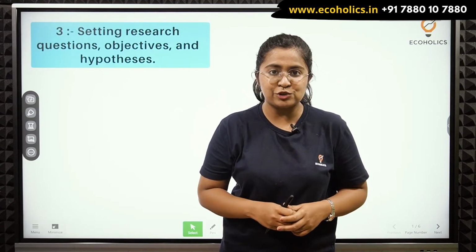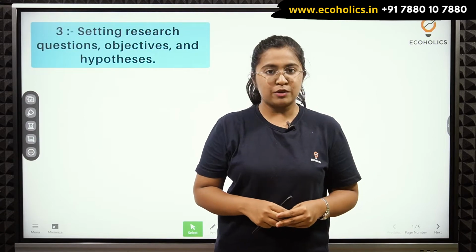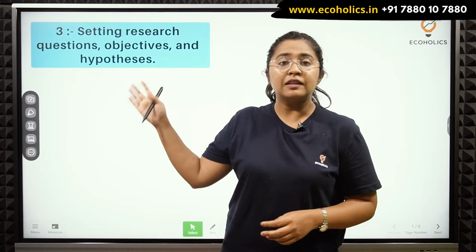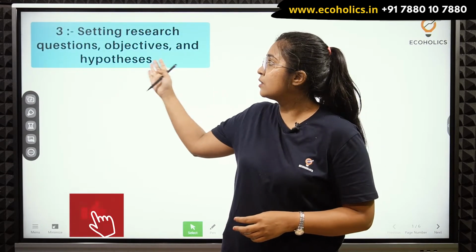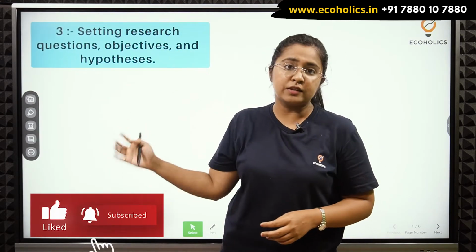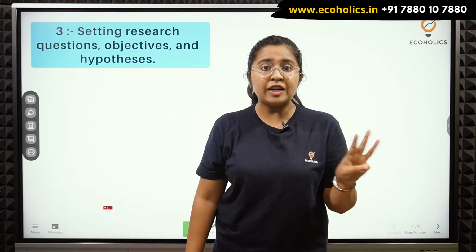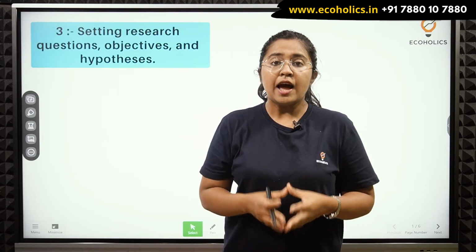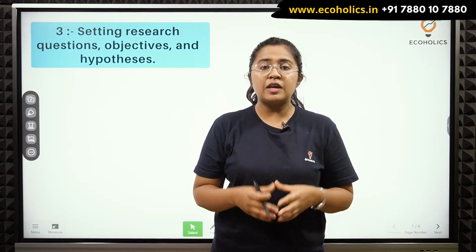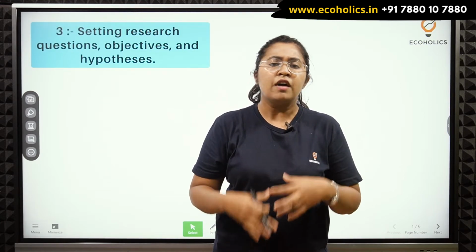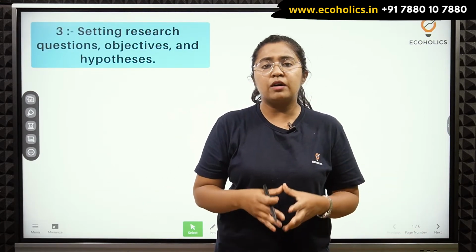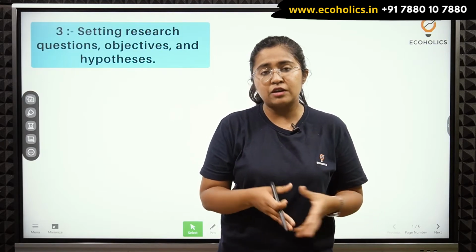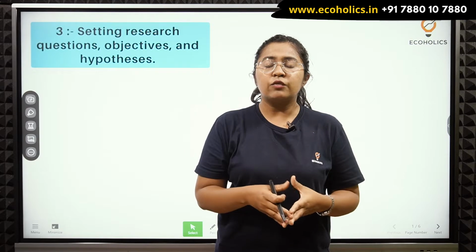The research process is a very important process that everybody must know, whoever is attempting the UGC NET examination. In the series of this research process, today we're going to start with the settings of research questions, objectives and hypotheses, which is stage 3 of the research process. The first 2 stages we have done, and in them we understood how to define the research problem and how to set various types of objectives of research, and also the various concepts